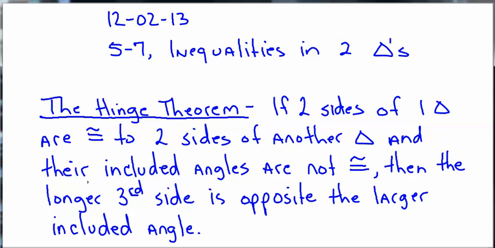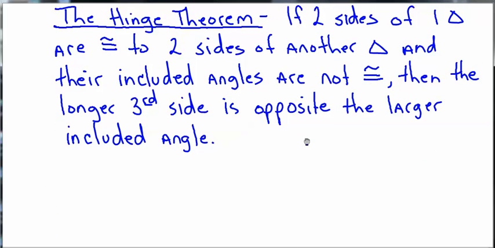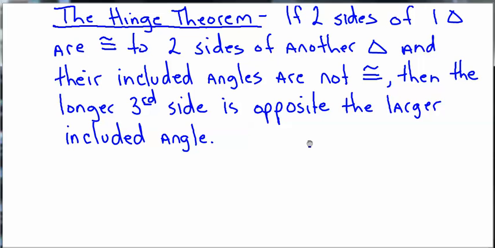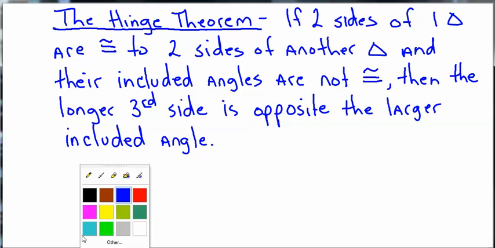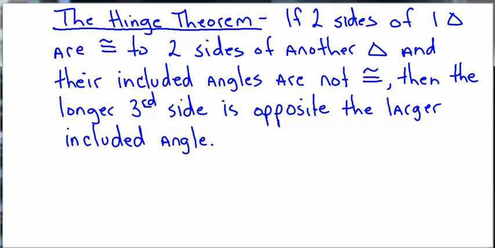That is the Hinge Theorem. What does that mean? I'm going to show you. Wait. That means if you got a triangle and another triangle,